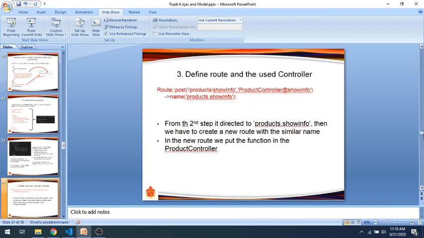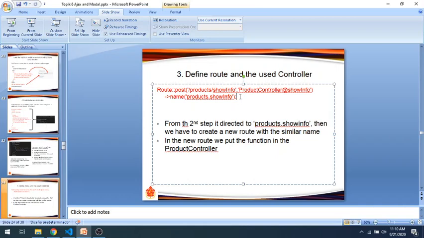Okay. Next we create the new route with the name product.showInfo. This one is an example of the function of the naming route.